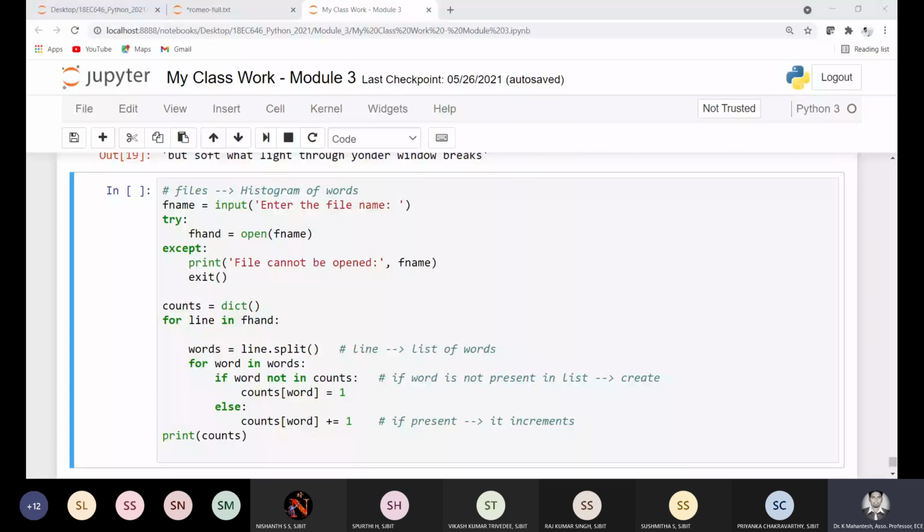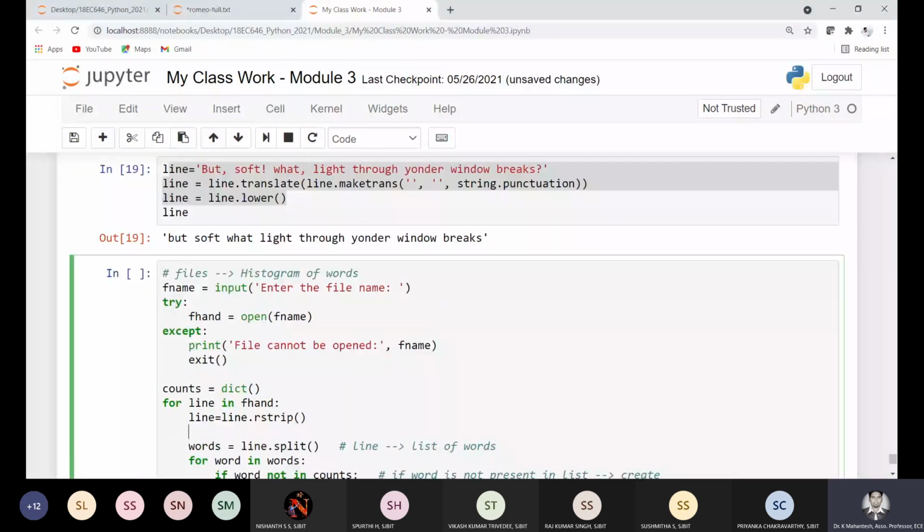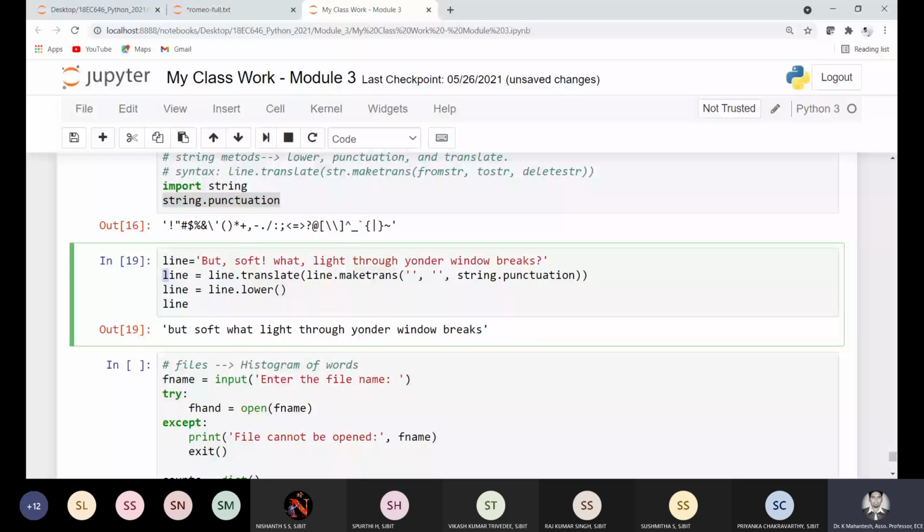So for line in fnd, line is equal to line dot rstrip. So what is line dot rstrip? It will remove all the unwanted spaces. That's it. And I will add these two lines. Why? Because I am trying to remove all the punctuations. So this will remove